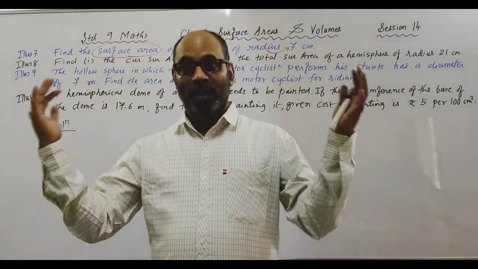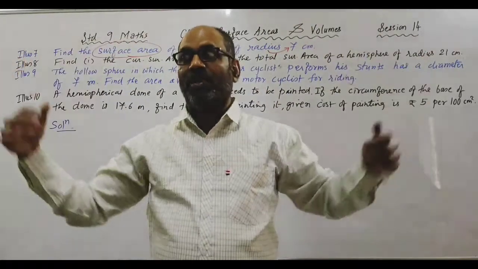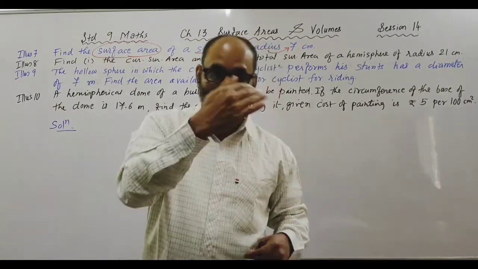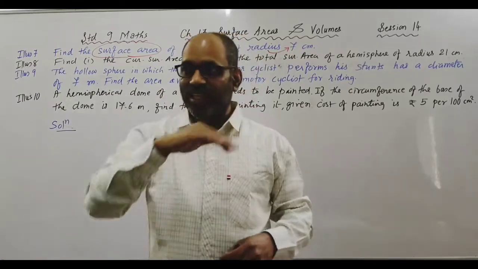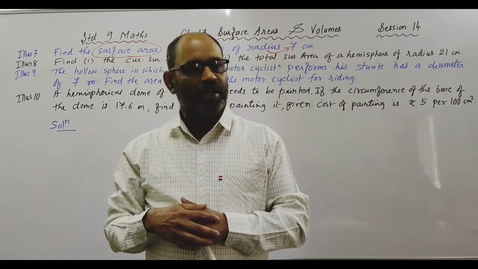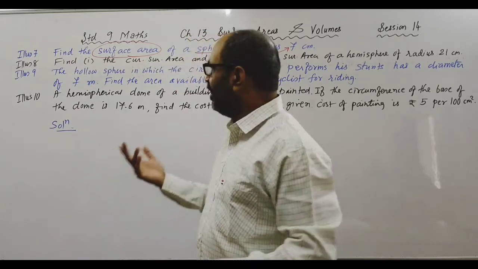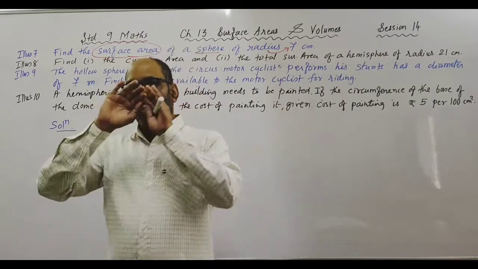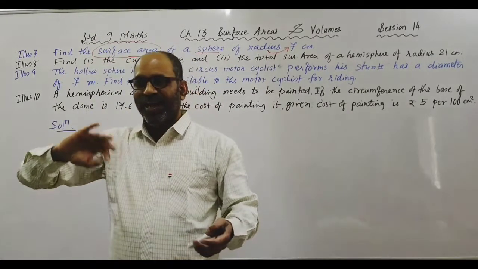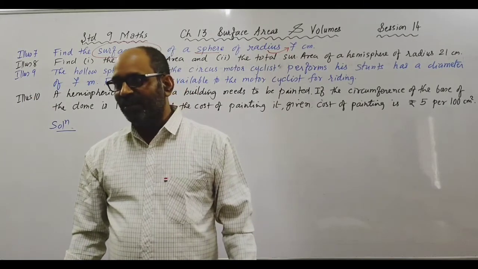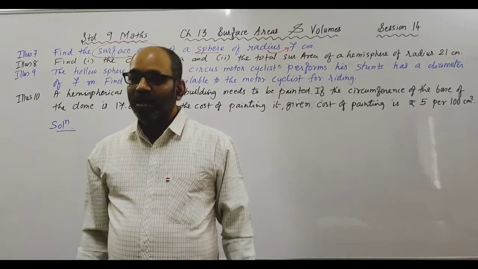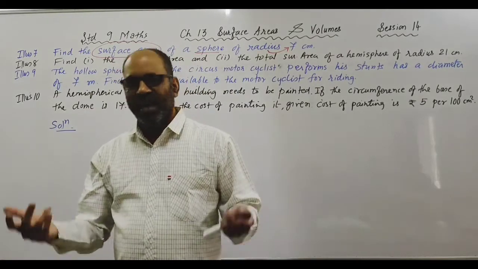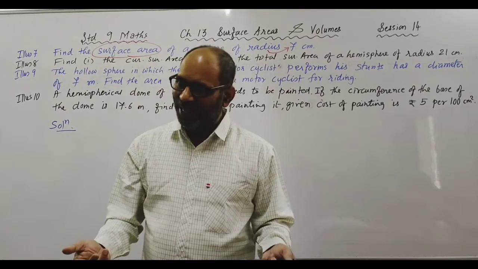So this time the sphere is hollow and it is very large with radius 7 meter. All right, and the motorcyclist is going to use inner surface area. इसका radius दिया है 7. Very simple children. Find the area available to the motorcyclist for the ride. So अंदर का पूरा surface area he is going to get. And what is that inner surface area of sphere? 4 pi r square. हाँ, लेकिन उसको क्या बोलते हैं? Curved surface area. So we have to find curved surface area, or you can say total surface area. It's one and the same.